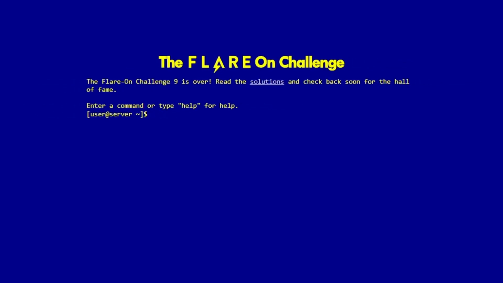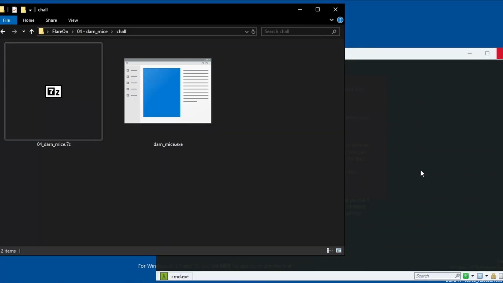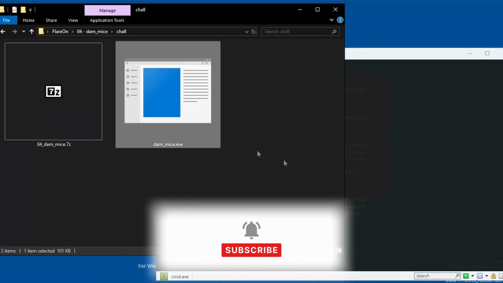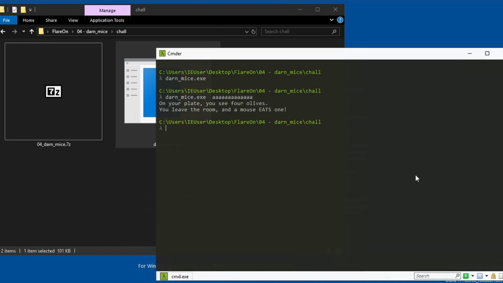Flare On is a reverse engineering competition that happens every year. In 2022, we had the 9th edition and the challenge number 4 was called Darn Mice. This time, we are dealing with a console application and our input is just one exe file. Running it, it does not produce anything though. Something is shown on the screen if we provide a parameter, but it doesn't leave us with much info before